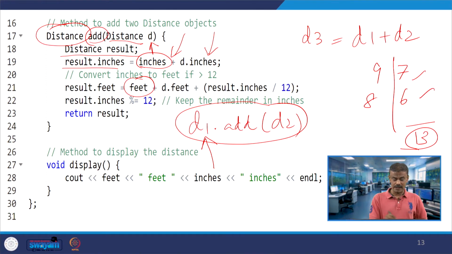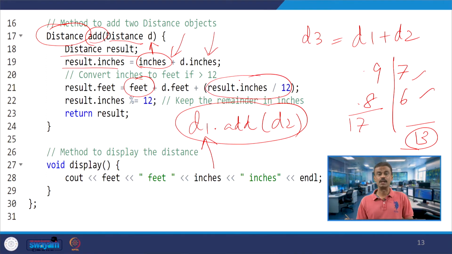Then I will add the feet, 9 plus 8, feet plus D.feet, the object that you are going to invoke. That is going to be your 9 and the rest you are passing, 8. So 9 plus 8, you will have 17. Then you have result.inches integer division 12.